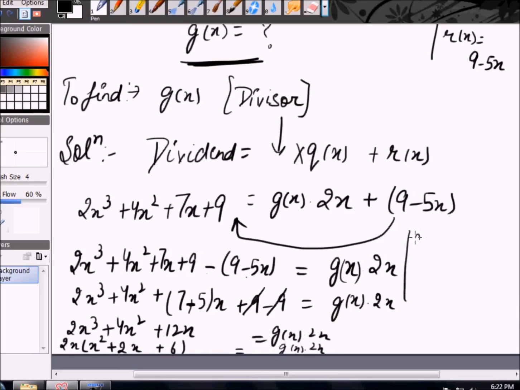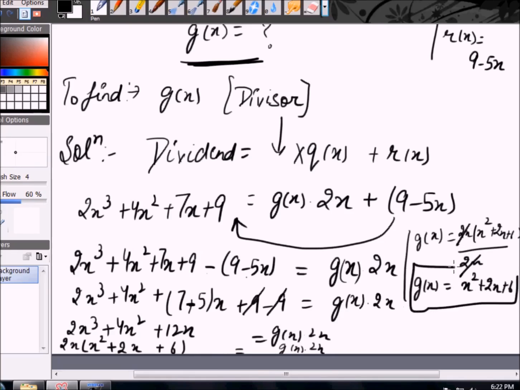Thus g(x) equals 2x into x square plus 2x plus 6 over 2x, bringing this 2x from the left hand side to the right hand side. Cancelling the 2x, we get x square plus 2x plus 6, which is the required